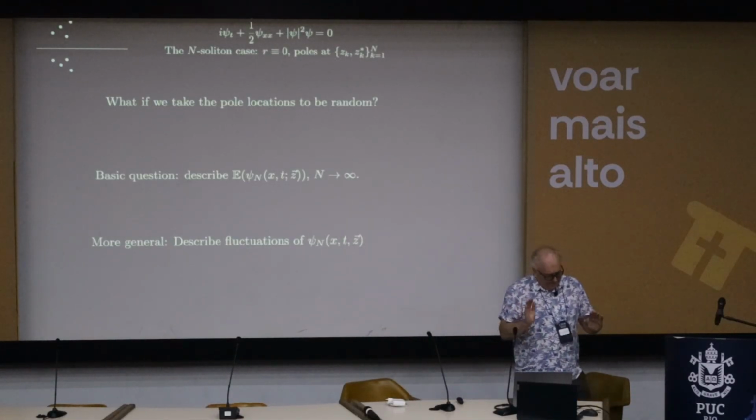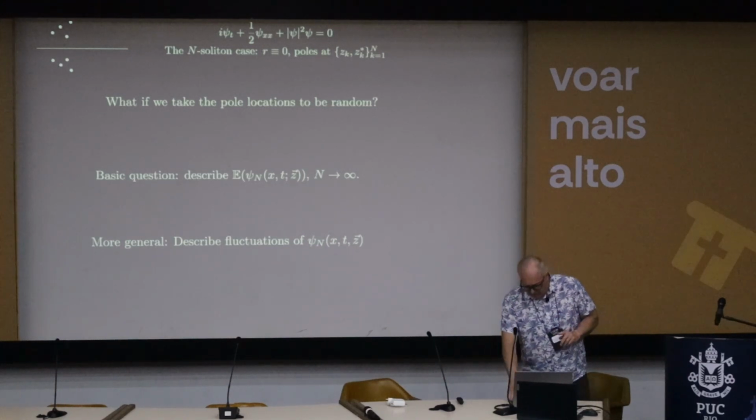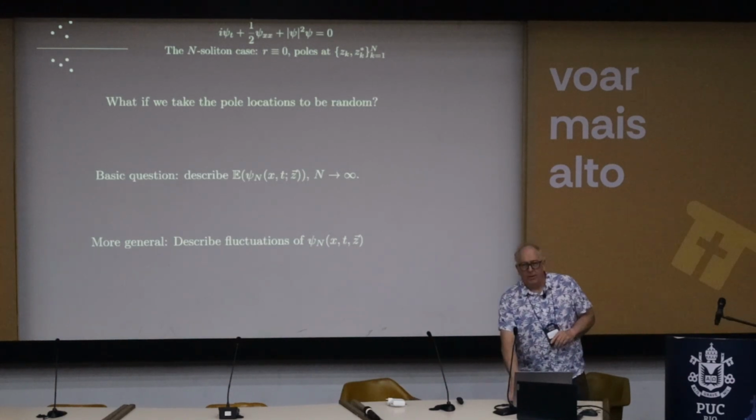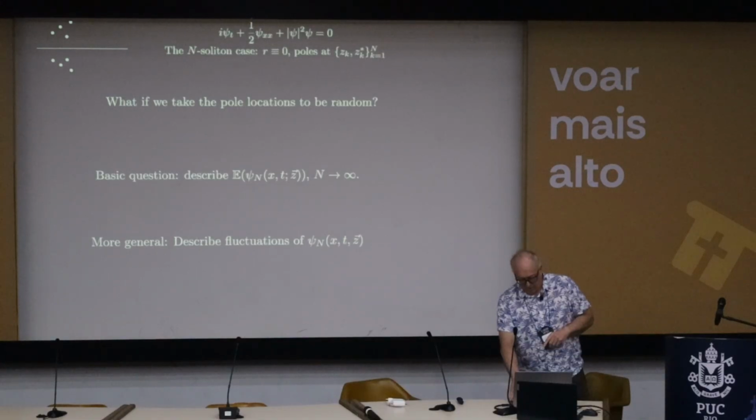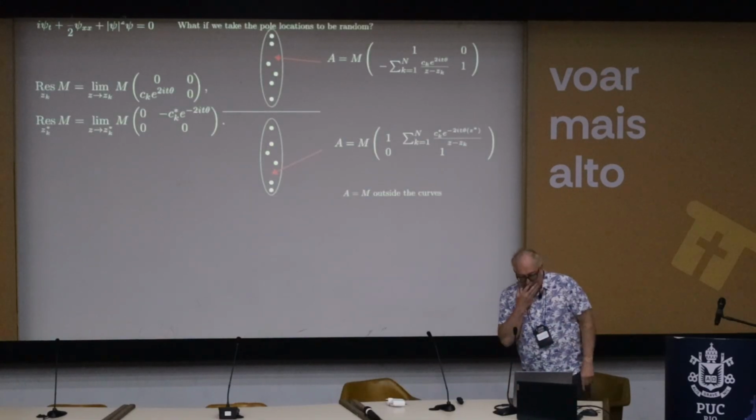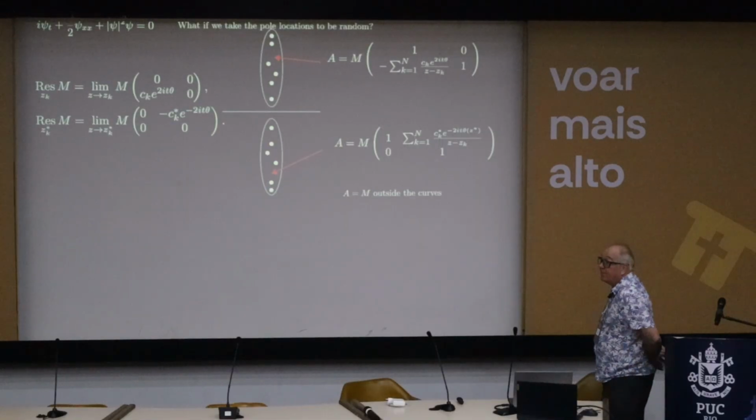I will try to cut to the chase without telling you too much, but there's a little bit of interesting Riemann-Hilbert analysis to tell you about so I can make contact with the so-called vanishing lemmas, which Charlie mentioned about Carlos's earliest works. So bear with me for a second. What you're looking at now is the Riemann-Hilbert characterization of an n-soliton solution for the nonlinear Schrodinger equation. And the pole locations, you can see how wild and random they are by the fact that they're no longer on a straight line.